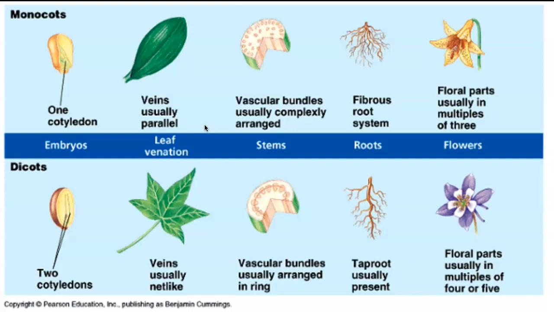Is it a vascular plant or a non-vascular plant? If it's a vascular plant, is it a gymnosperm or an angiosperm? And if it's an angiosperm, a monocot or a dicot? And then just tell me where you found it. Again, that can all be found on your little chart there.